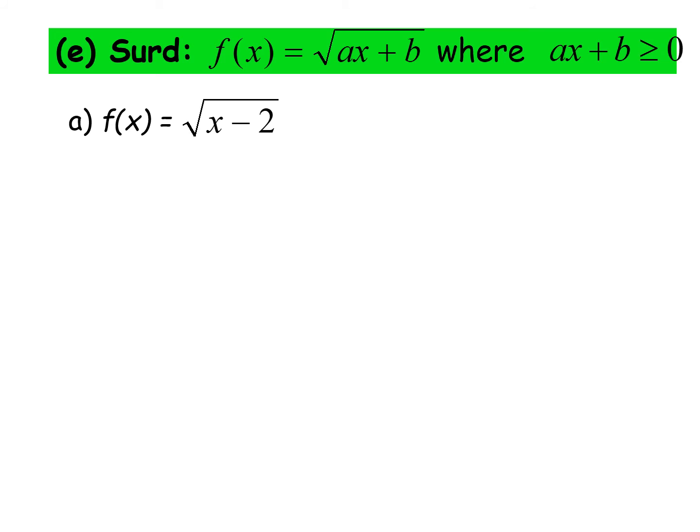So ax + b is more than or equal to 0. Then x − 2 is more than or equal to 0, and we get x is more than or equal to 2. This is the domain for f(x). And then